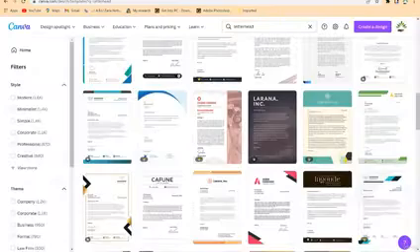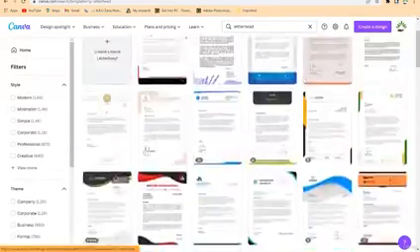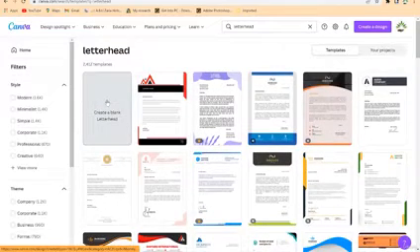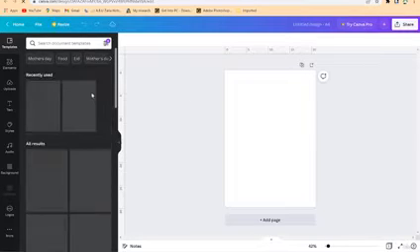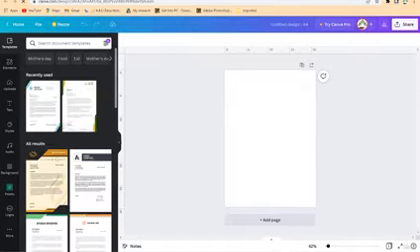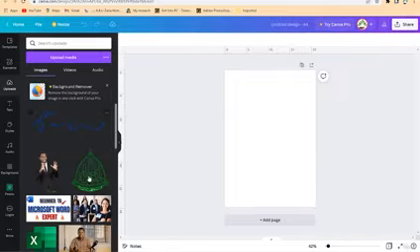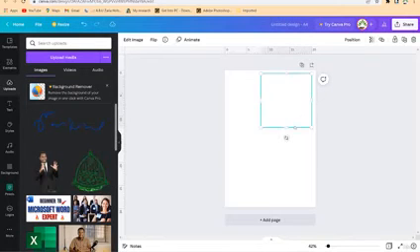You may want to design your own afresh. You can also do that if you want. If you have the details, you can just come to create a blank letterhead, and you can just come over and play around with the elements and maybe import your logo and then try to design it accordingly. For example, if I may want to design my own from maybe my own university, I can just come, maybe use this ABU logo, drag and drop it,